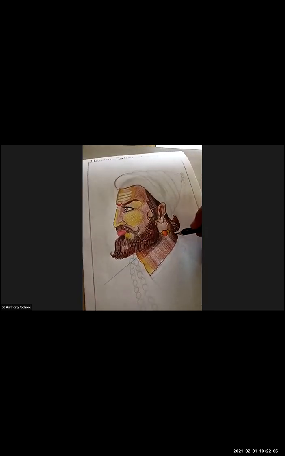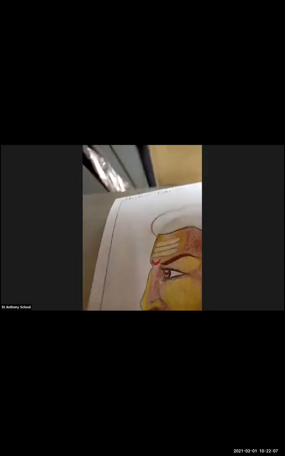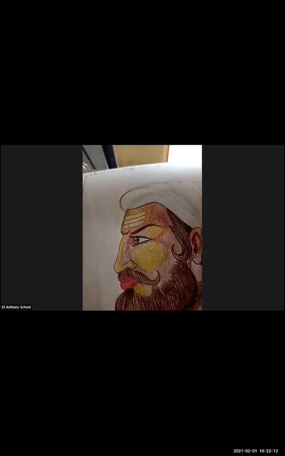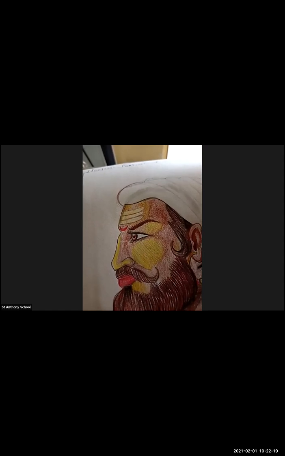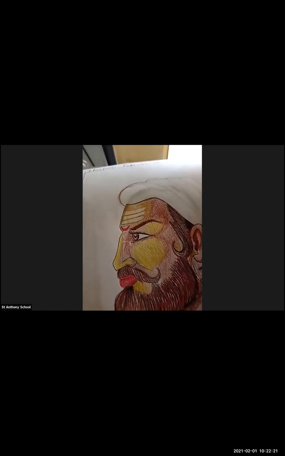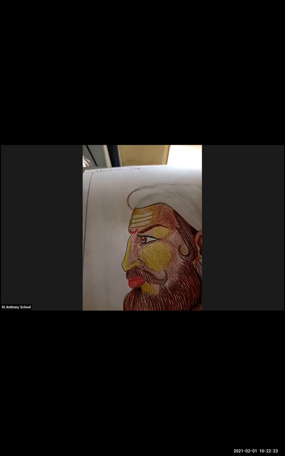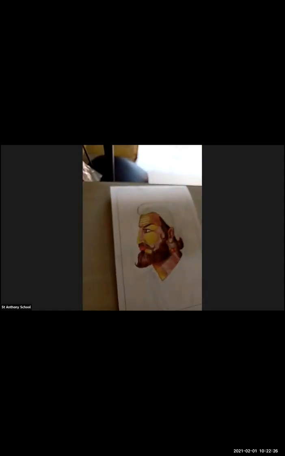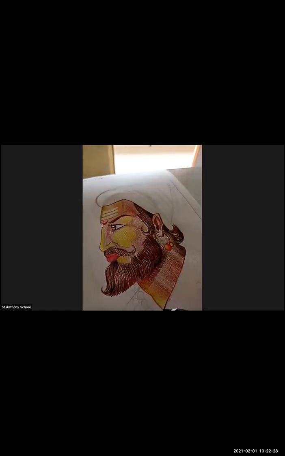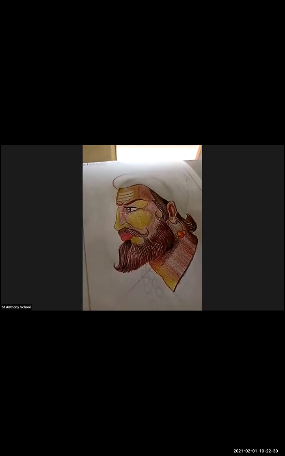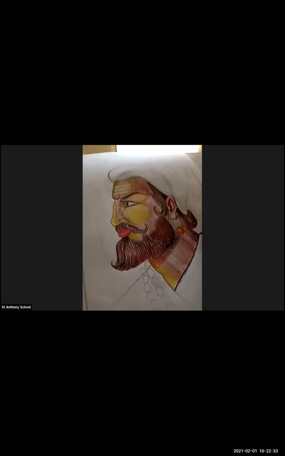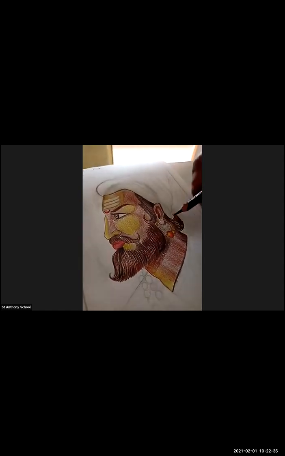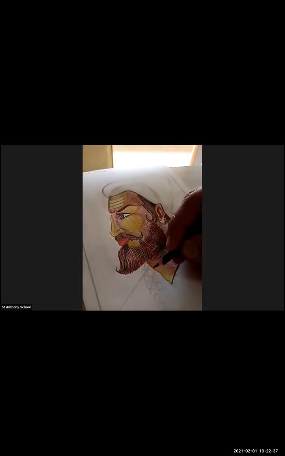Adding the detailings with the black. Don't use a lot of black. Here comes the shadow of the ears. Okay, so in this way you're going to add the details. Just look at this, each and every one. Pay attention to this.